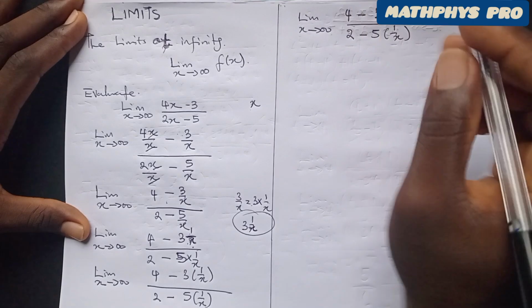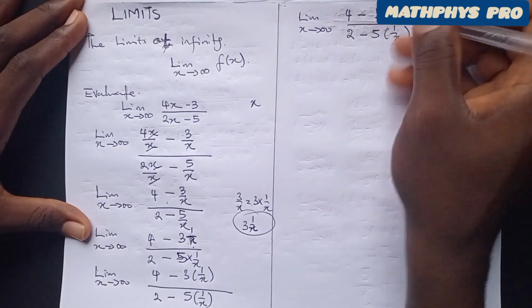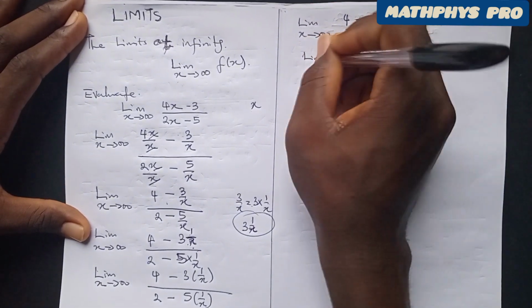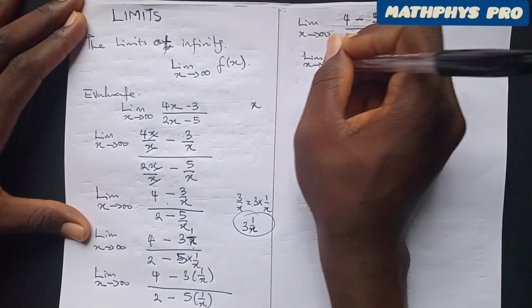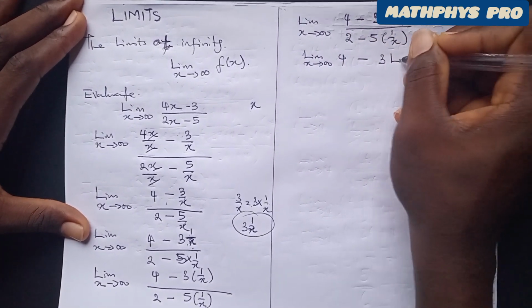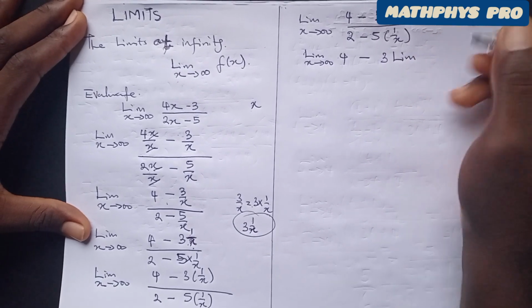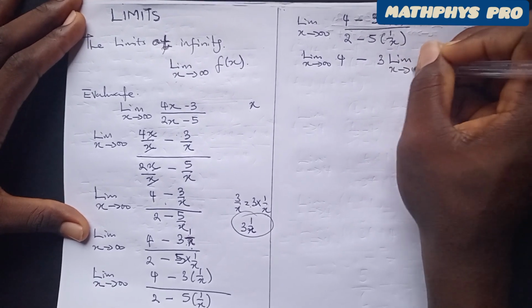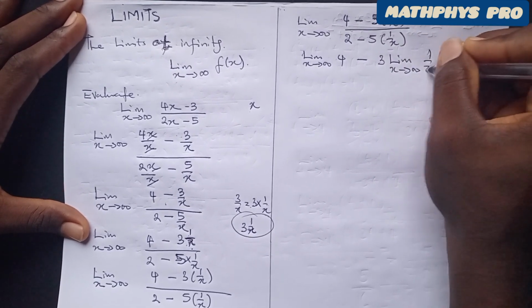Now we can take the limit of each term. So we say the limit when x tends to infinity of 4 minus 3 times the limit when x tends to infinity of 1 over x,